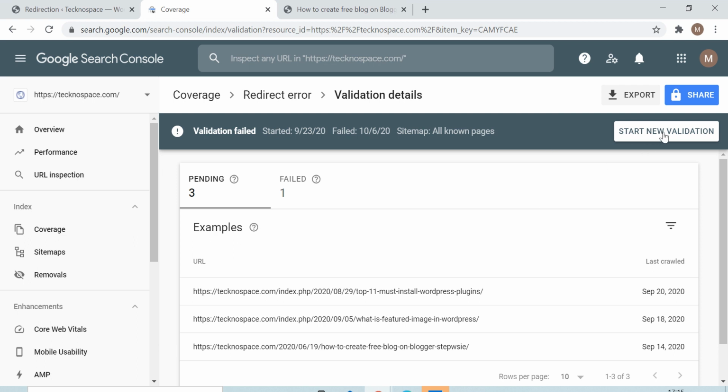Here if the validation started, that means you are actually fixing the redirect error issue. In case the validation started, there are high chances for the validation to get completed and you no longer face the same problem, but there are very few chances for the new validation to fail. I'm going to fix this issue now, and in case in future this error comes back to me, I will make another video to fix that. But I think I'm good for now, and let's see whether the validation starts or not.